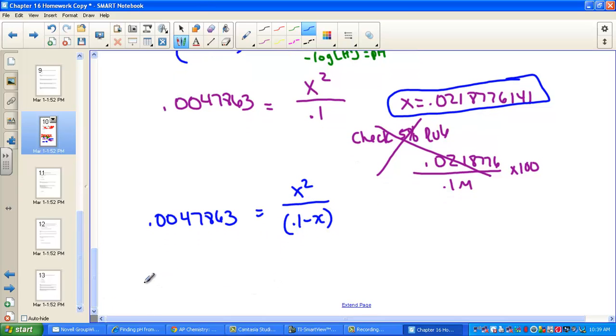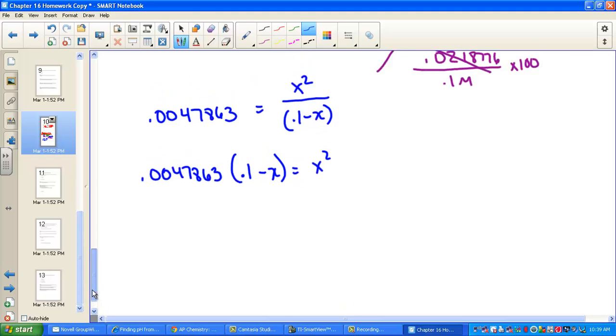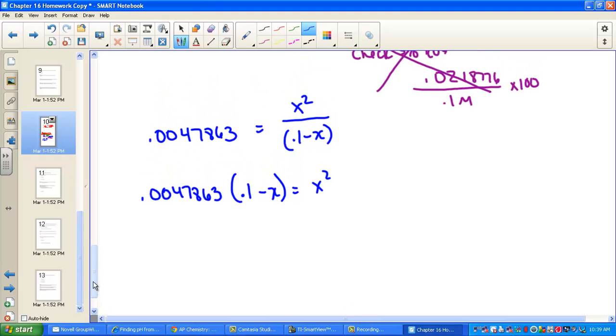Let's tackle it using the quadratic equation. 0.0047863 has to be distributed with 0.1 minus x, still equal to x squared. 0.0047863 times 0.1 is simply moving the decimal, so I'm just distributing that through, and let me